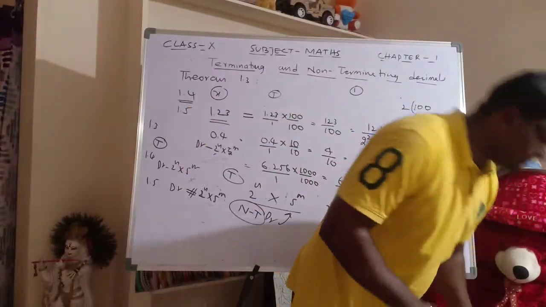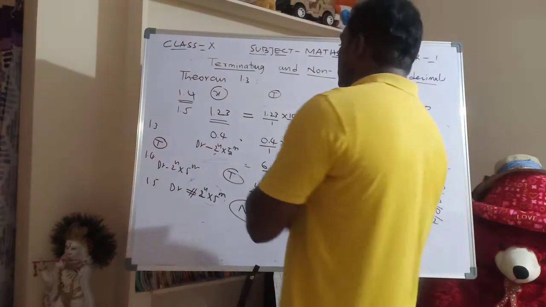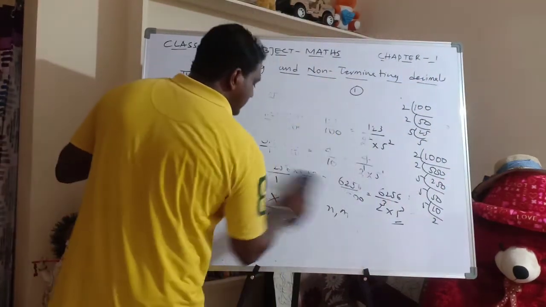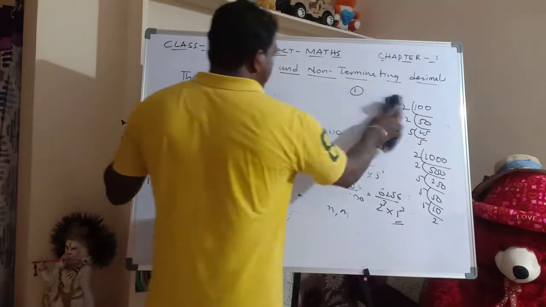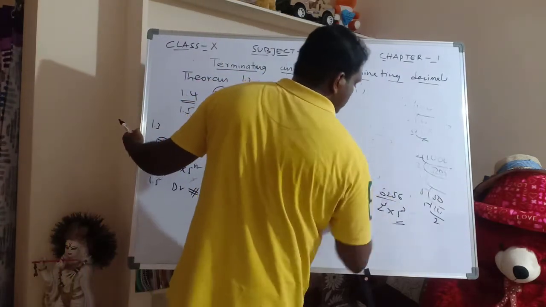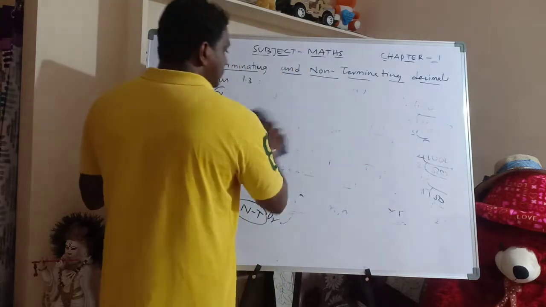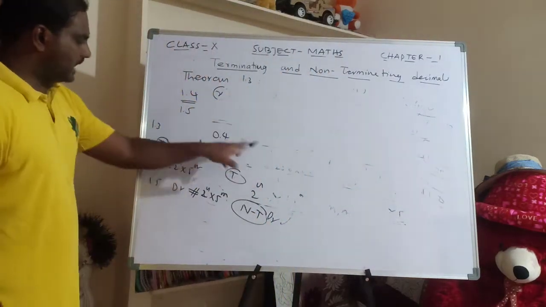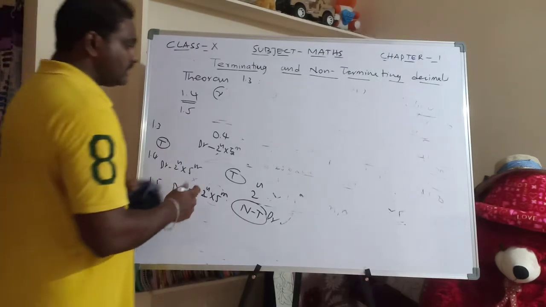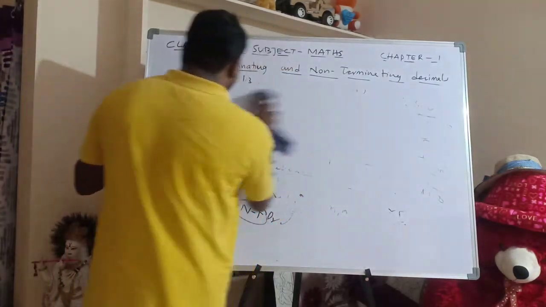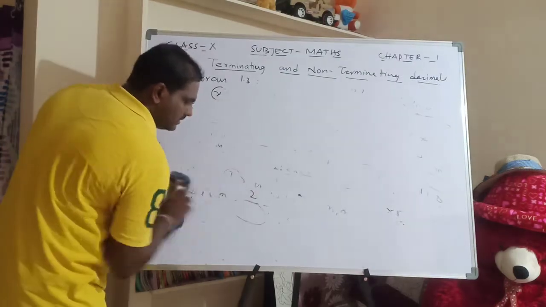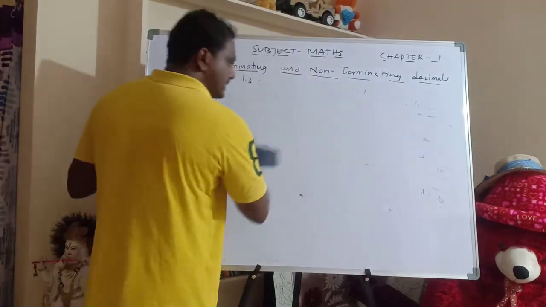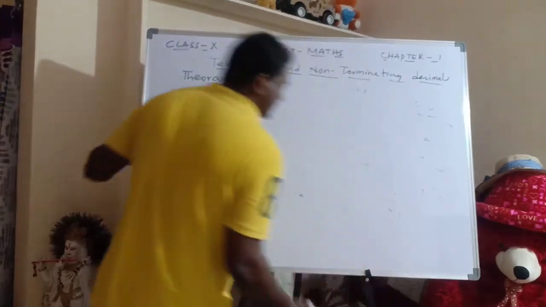So the final concept is, without doing the division, we can say whether it is a terminating or non-terminating decimal, right? Without dividing. So this is the tabular form you have to understand. I'll repeat again for your convenience. No need to get confused. All are the same statements but explained in a different manner.